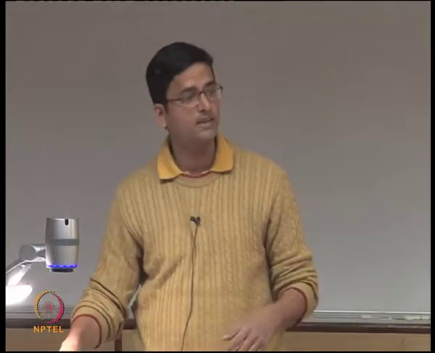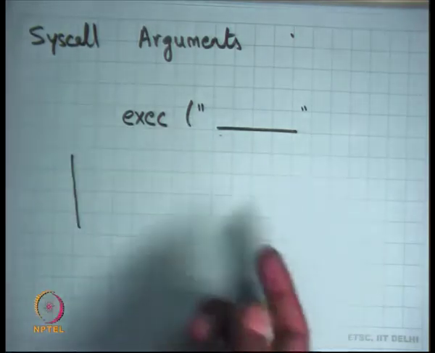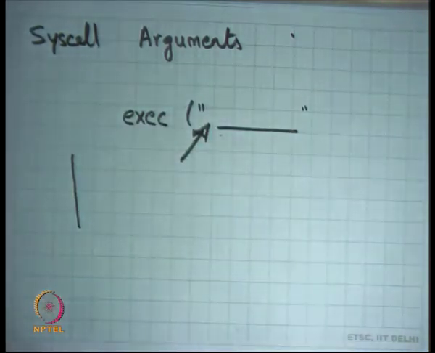So this string is in the user's address space, and what I give to the kernel is a pointer to this string, an address, right? And the kernel gets this address, and the kernel is supposed to dereference this pointer to get the value of the string. Okay. Now what can happen? Well, if the user is not trusted, which it is not in general, the user can give a pointer in the kernel address space, and ask the kernel to dereference that pointer for itself, right.